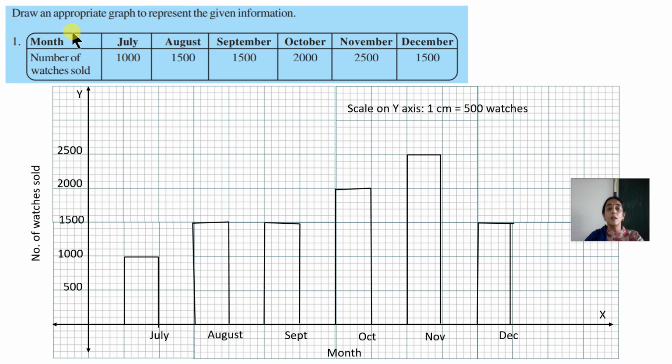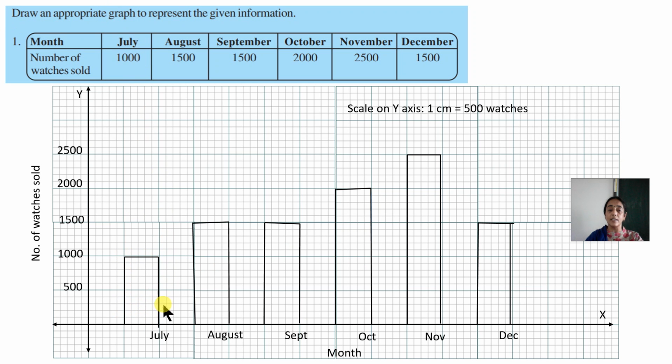In the month of July, 1000. So what do I do? I take my scale and pencil and see where my cursor goes. Accordingly, I will start drawing a line till 1000. I will go till 1000. After that, I will draw a bar. I will go this side, that means left hand side, and again come back down. That is my plotting of the month of July.